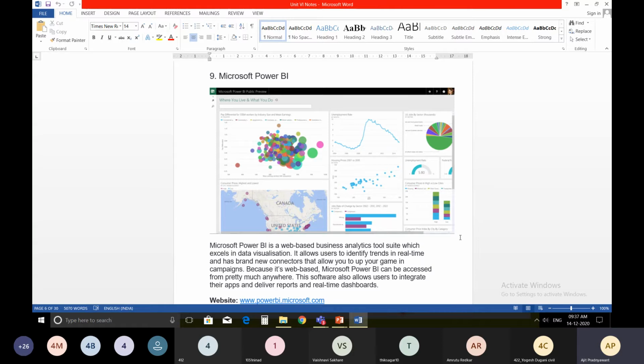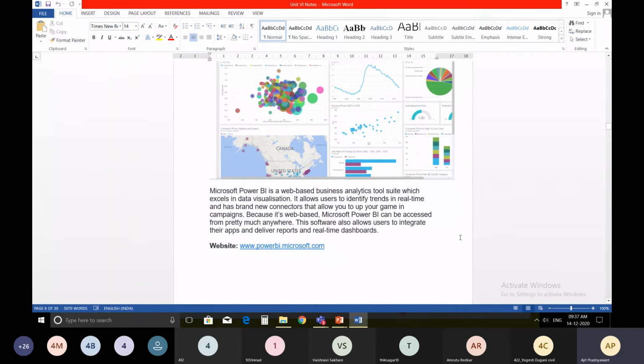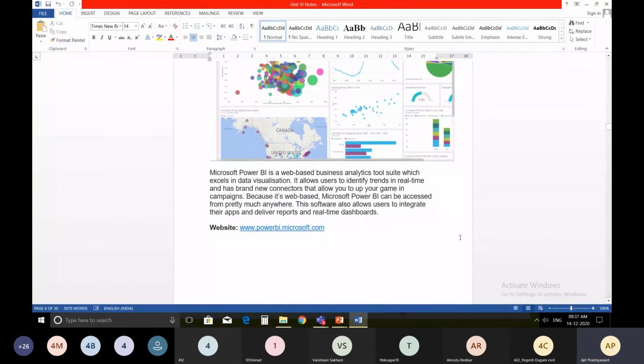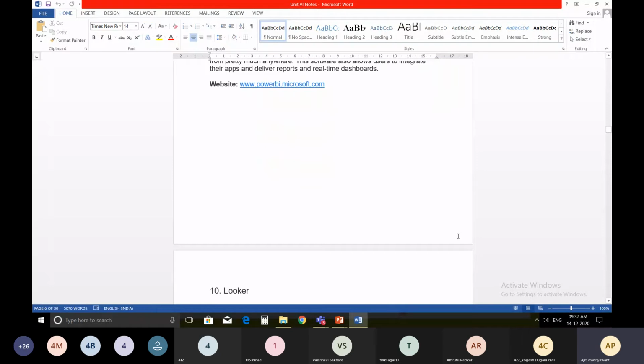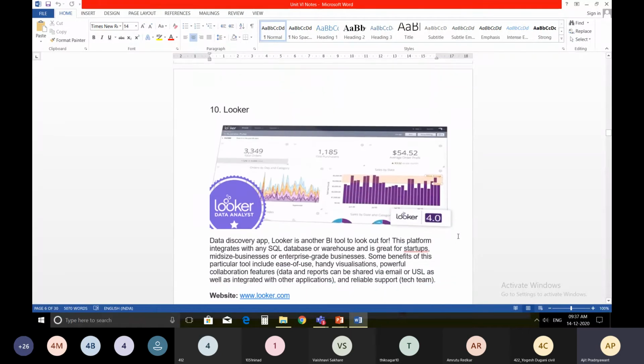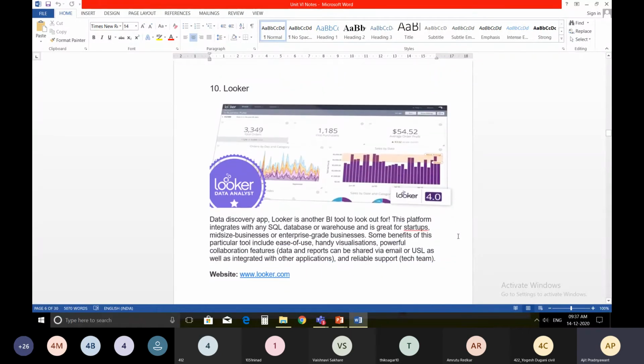So this is again one BI platform from the Microsoft company. You can refer to powerbi.microsoft.com for more information about Microsoft Power BI.